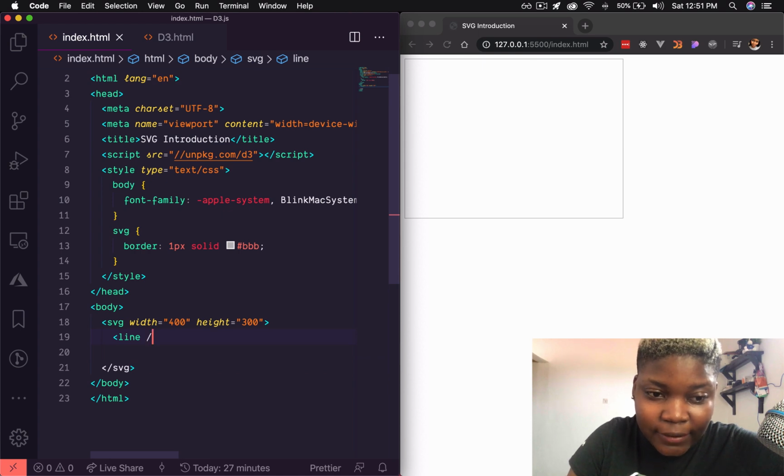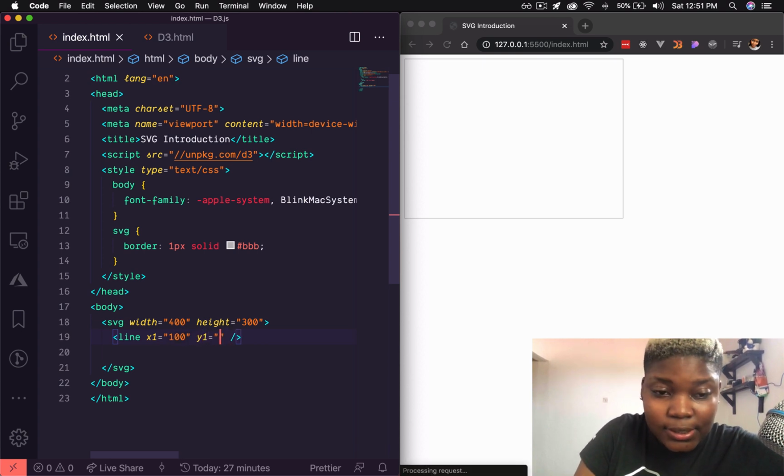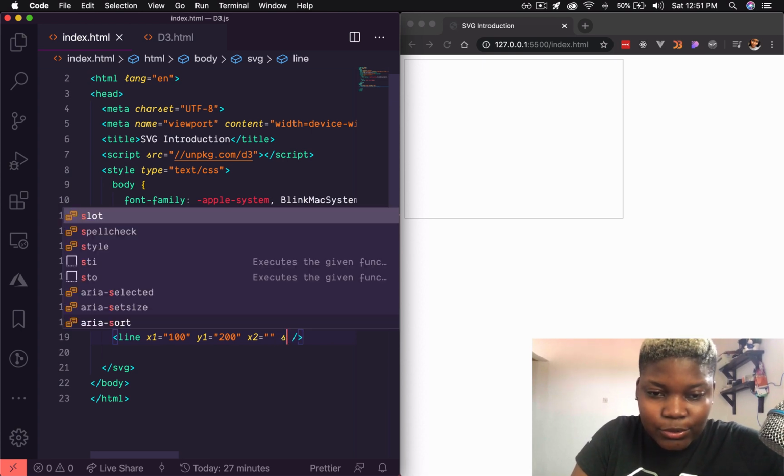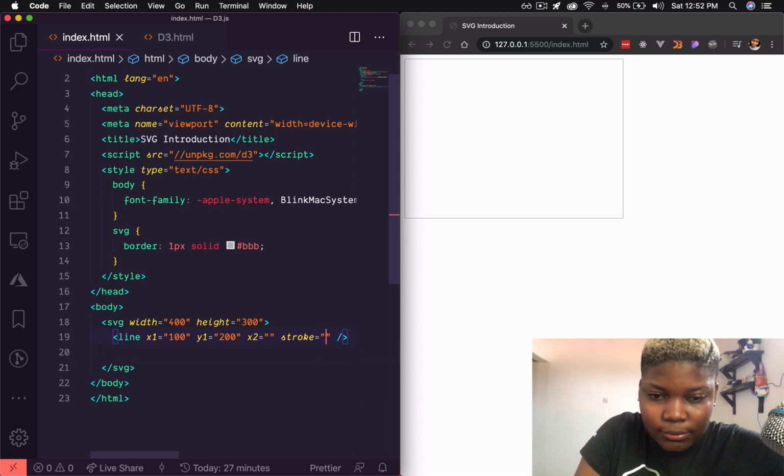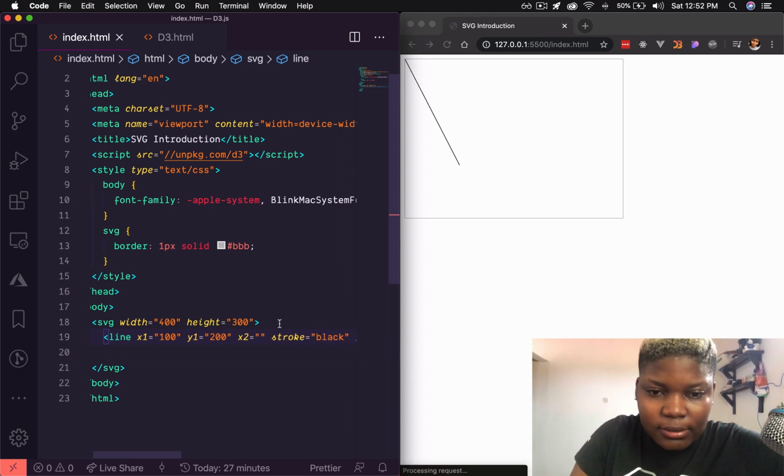So with an SVG line, you have the X and Y axis, so you want to specify that as well. The X axis actually has two, the x1 and the x2. x1 is where you want it to start from, so here I'll say start from 100. y1 is where you want the Y axis to start from, 200, and x2 is where you want it to end. You might not see it now because I've not added a stroke, so I'm just going to add a stroke to it so it's visible. You should be able to see it now. Yeah, so x2 is where you want the x-axis to end, so I'll say it should end at 300,